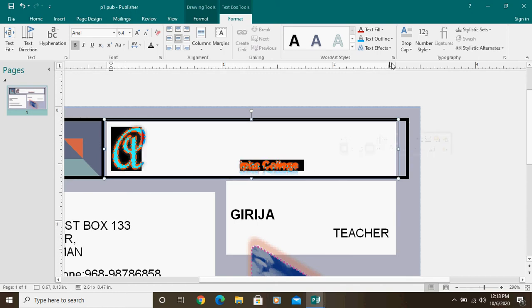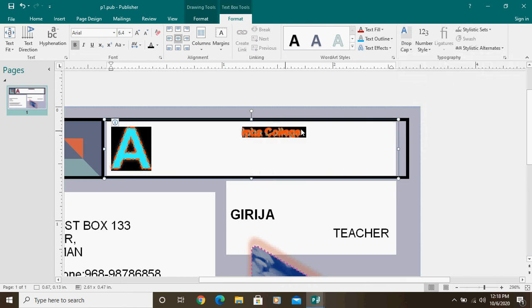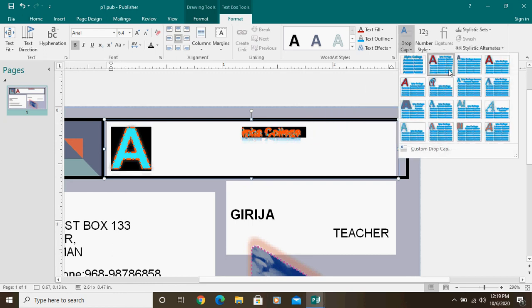The first one, if I select the first one, how is it given? The letter should be up. All characters, not letters, characters should be up. You see, characters up. Clear? This is a method we can find. Seeing this template itself, we know that this template format will change our drop cap. Another important one, I want to change the direction of the text.